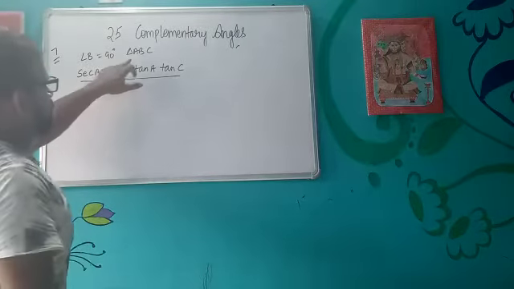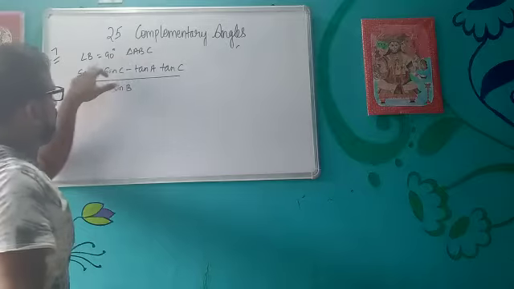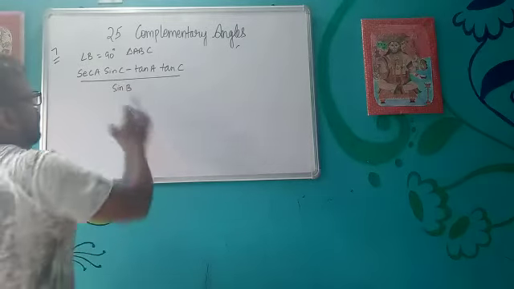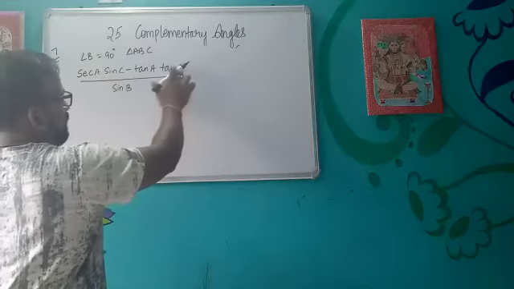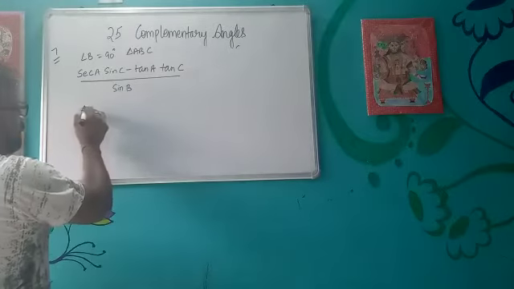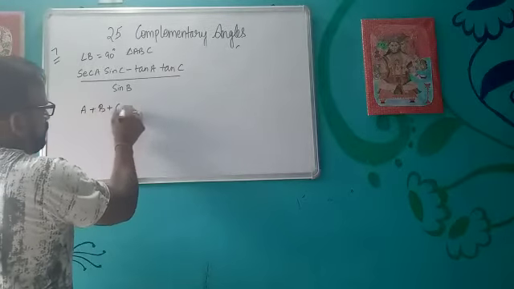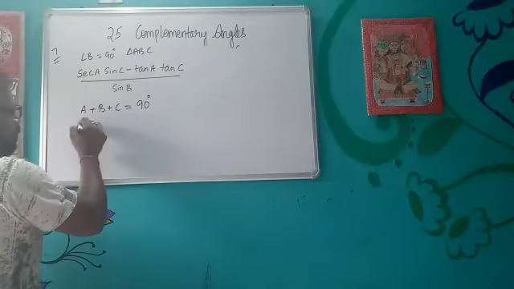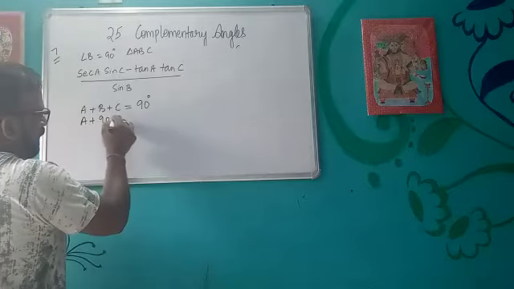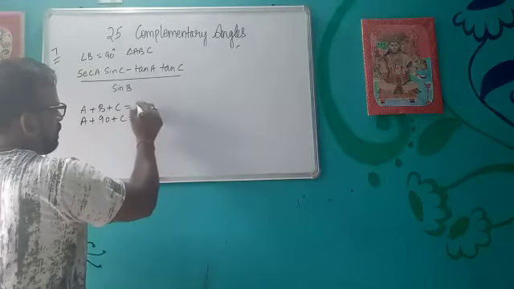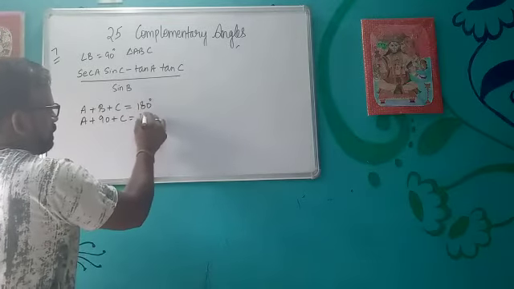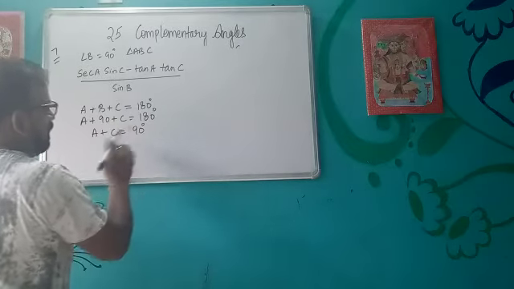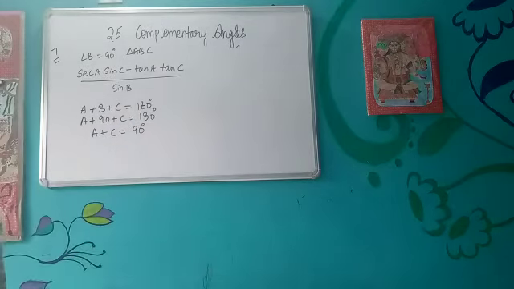In this question, what is given is that triangle ABC is there and in this, angle B is 90 degrees. So what we will do in this case, this is A and C. If we calculate, we know A plus B plus C is equal to 180 degrees, and if you put the value of B, that is 90, so what you will get is A plus C equal to 90. That means A and C are forming a complementary angle pair.